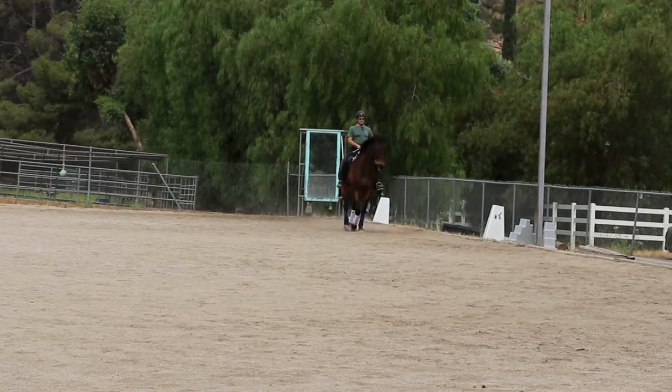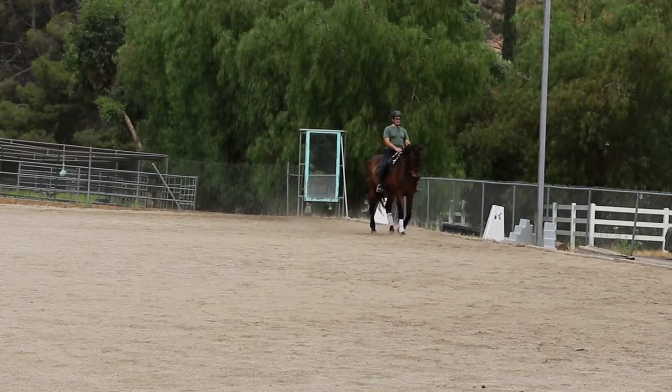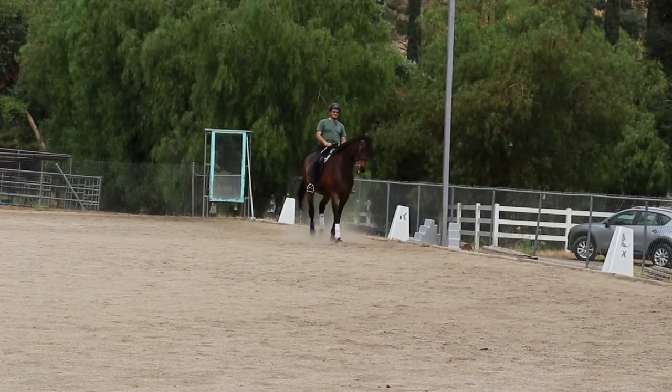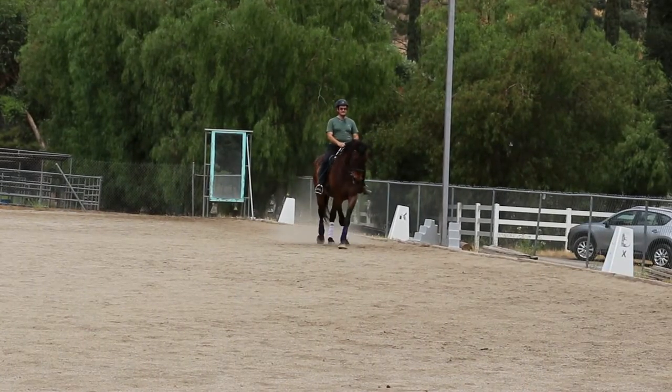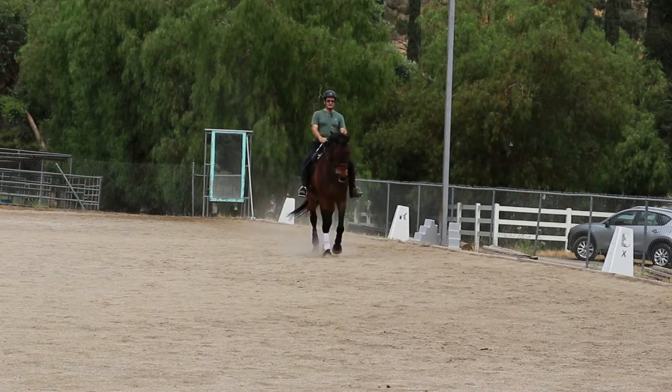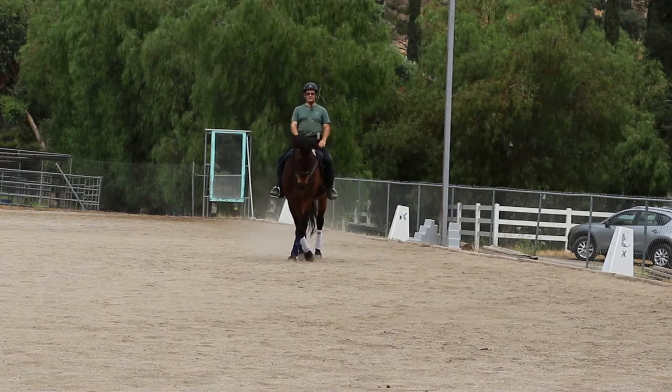Good. And now push, push, push with the leg, half halt, push with the leg, half halt, push with the leg, half halt. Play on the other side. Push with the leg, half halt. Good. Do it in rhythm, because if you just keep kick, kick, kick, kick, kick, his feet can't move that